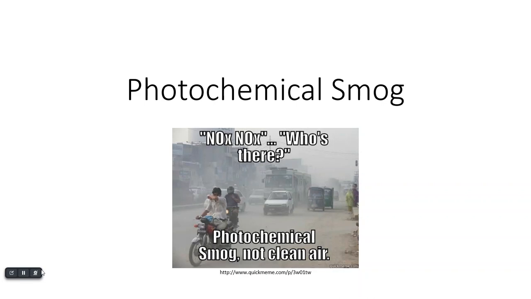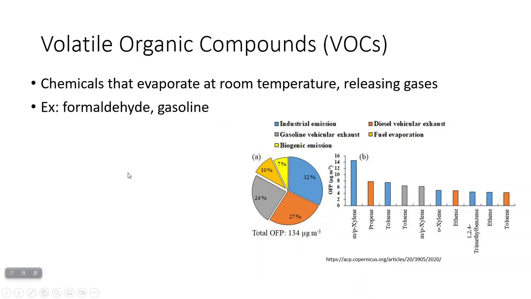All right, lesson two on air pollution is going to be about photochemical smog. And as seems to be a theme from the first lesson, this is another meme that's picturing India where there is really bad air pollution. I can actually state that from experience. I've been to India a couple of times, and especially in Mumbai, which is the largest city in India, the air pollution was bad enough that every time I'd blow my nose, the mucus would be kind of blackish. So let's take a look at some of the important components of what are going to lead to photochemical